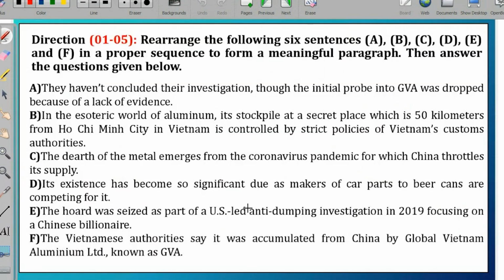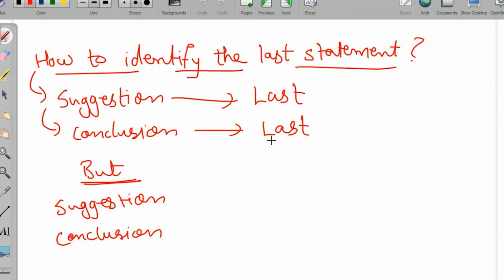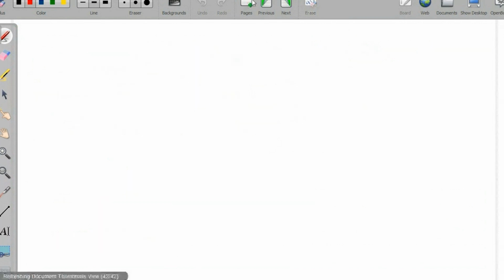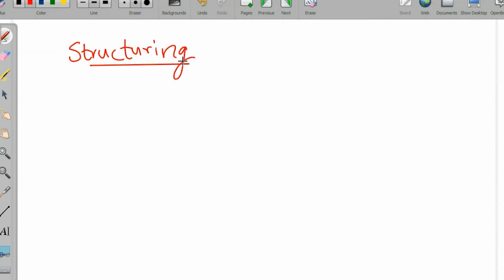Let's move ahead. Okay, so how to identify the last statement? ये हुआ था हमारा. Now next, now we saw the role of conjunctions also, positive and negative. Now there is something called structuring of sentences. Okay, now structuring of a paragraph. I'll just give the heading of structuring. Structuring also consists of,